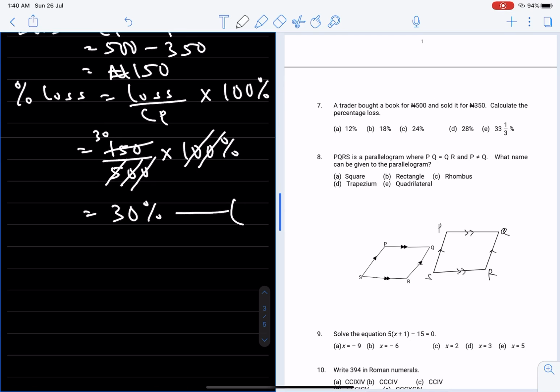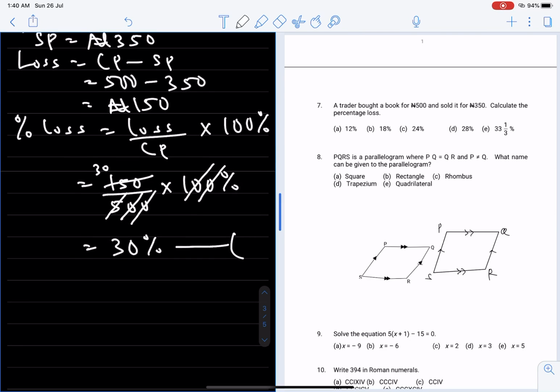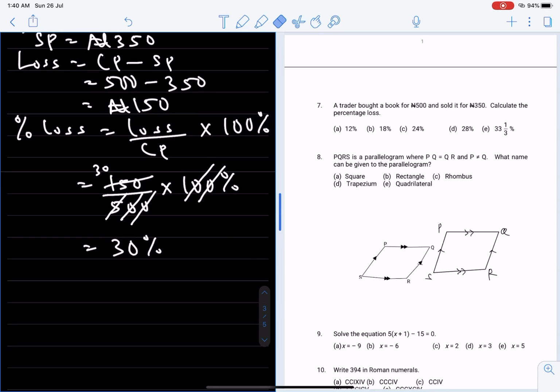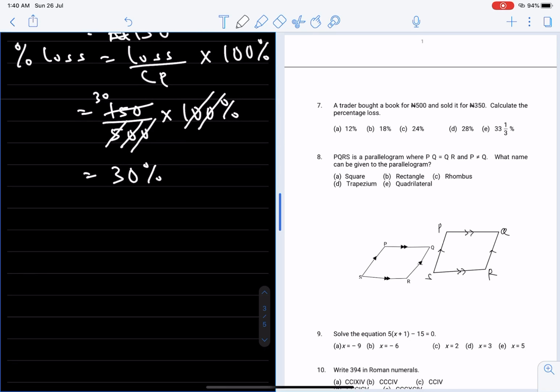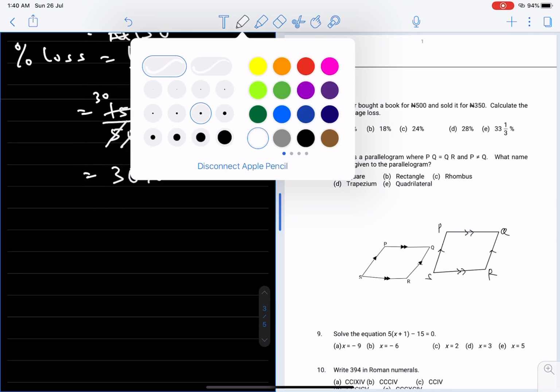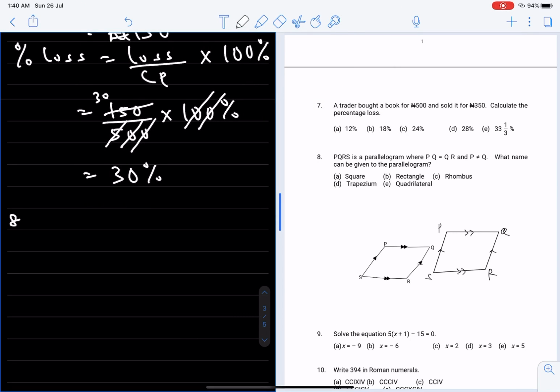500. Let's see, 500 minus 350 is 150, of course, over 500. Oh, the answer, the option is not there. That's supposed to be 30%. Yeah, 150 over 500 times 100% is 30%. All right, so that's the correct. Unfortunately, the correct option is not given. Now, number 8,